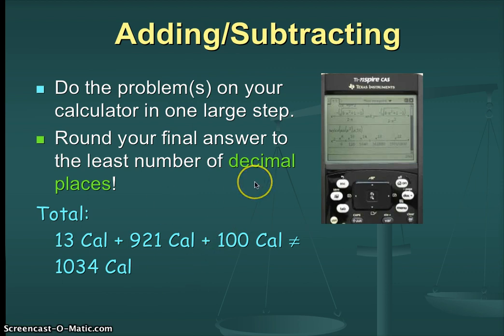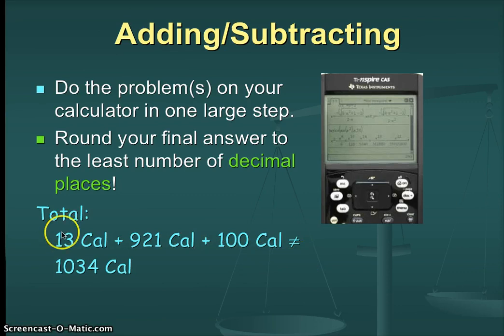Why not? Check the number of sig figs. What's the smallest number of sig figs you see there? If you said only 1, you're in good shape. This 100 calories was not measured, it was guessed. It was about 100. For all you know, it could be anything over 50 and under 150. It's measured to the nearest 100 calories. It could be a lot more than 1,034, it could be a lot less. In this case, all we could really say is that it's somewhere in the thousands.